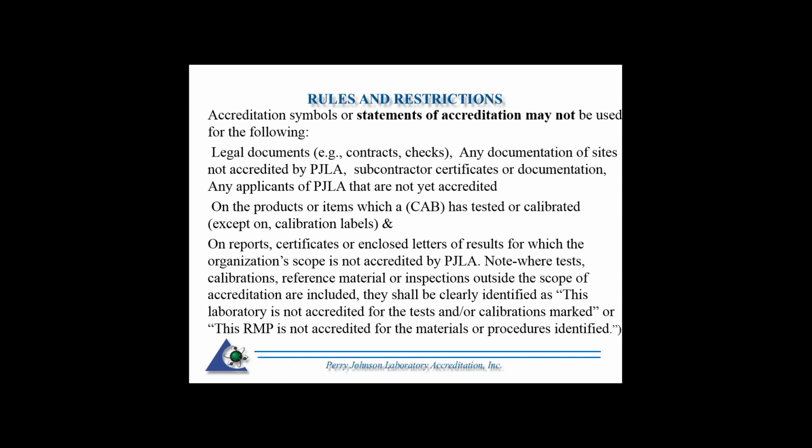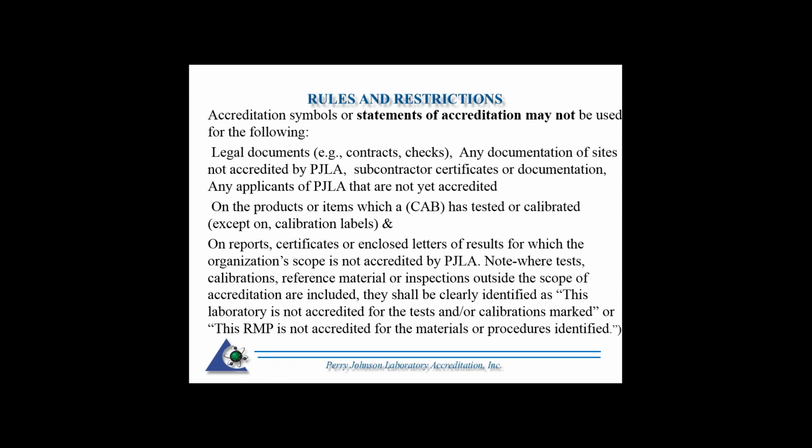PJLA. Subcontractor certificates or documentations. Any applicant of PJLA that is not yet accredited cannot use a symbol or reference your accreditation until your accreditation has been approved. On the product or item which the CAB has tested or calibrated, and the exception is calibration labels, and we'll talk about that a little bit more in the presentation. And then again, on reports, certificates, or enclosed letters of results for which the organization's scope is not accredited by